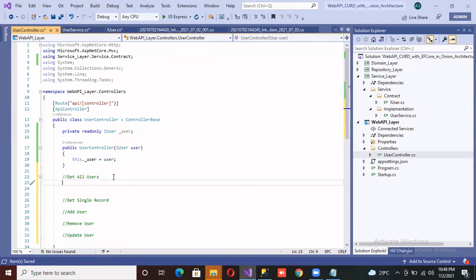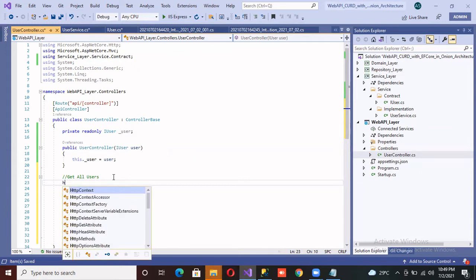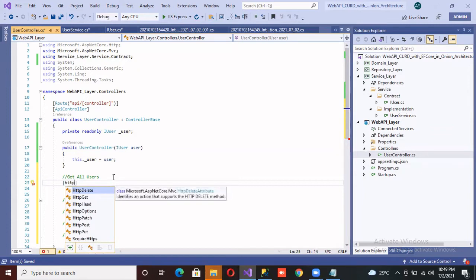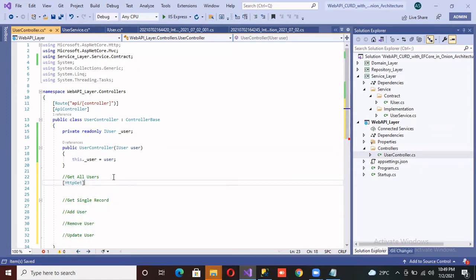So we have few HTTP verbs methods, which are used to get the data, post the data, put, delete, and add. So to get, we have to use HttpGet. Okay. And now I'll just give the routing. So here are 2 methods to provide the routing.